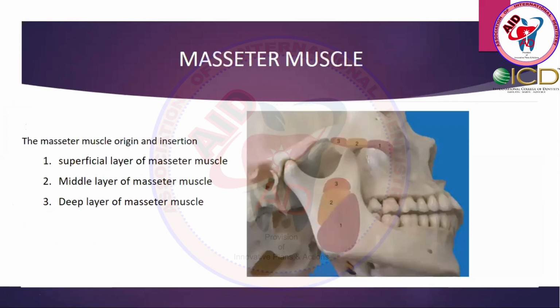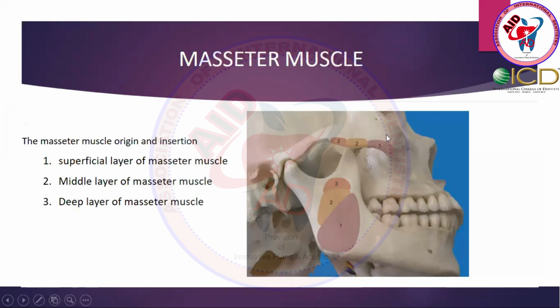While talking about the surface of the mandible, it is 1, 2 and 3. This third portion is actually the very deep layer of the masseter. The two which we used to describe as deep, but generally the third is absent. And the first is the main bulk of the masseter muscle.